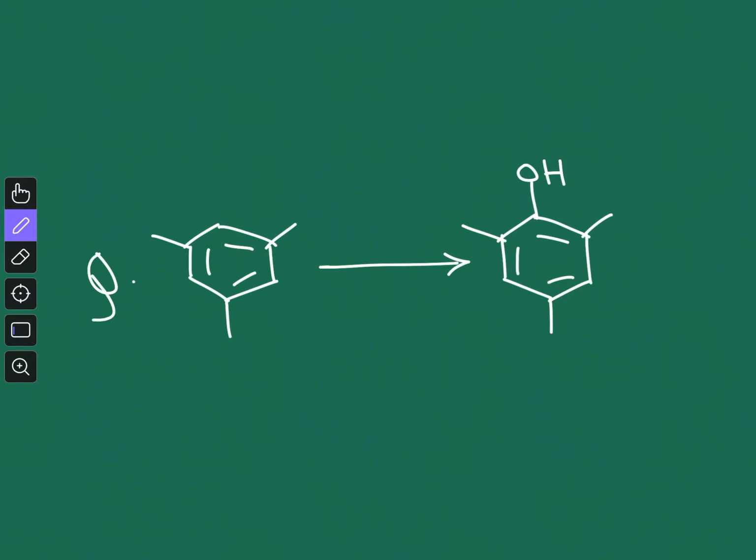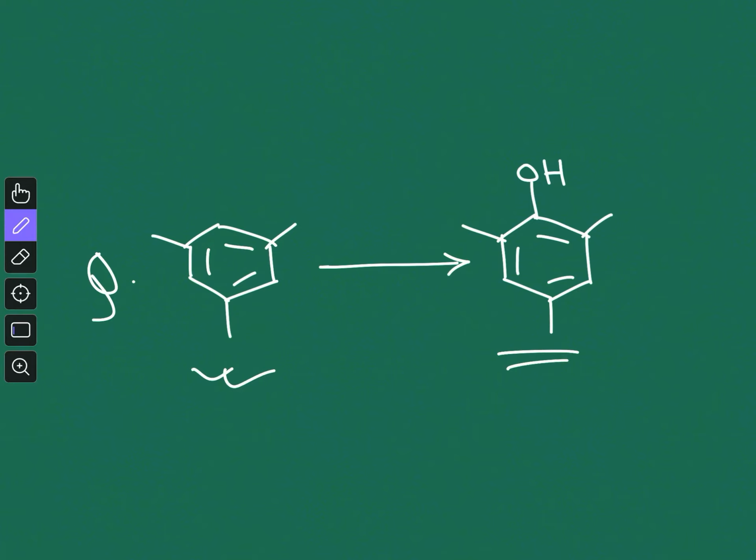You have to convert this mesitylene to this phenol derivative with the help of name reactions. Basically you have to use reactions that will give you good yield, because otherwise you can do whatever you want and that can give you low yield. There are also modern techniques like coupling and all these things, so you don't have to use that. You have to use regular, popular name reactions which you know, and using them you have to convert this. So this is the first question.